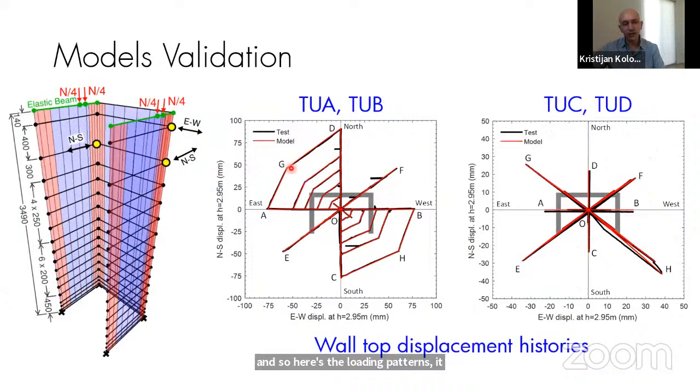It was actually not very easy to apply these loading patterns. These walls were tested in such a way that the torsion was prevented, so they were only translating without twisting. Applying these loading patterns and having those boundary conditions was a bit of a challenge to figure out how to do correctly. But in the end, we managed to match basically the history that was imposed in the test,